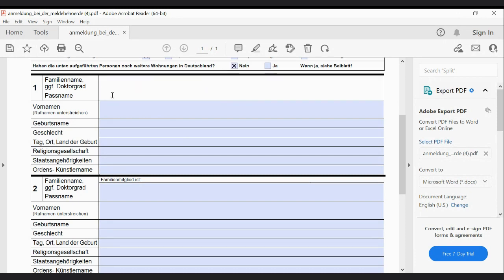And here you have to fill in your last name. It should be the same as in the passport. So, for example, you give your last name, then the first name. Make sure everything, the spelling, everything is correct as in the passport. Then the birth name. If you don't have any birth name, leave it empty. And next is the